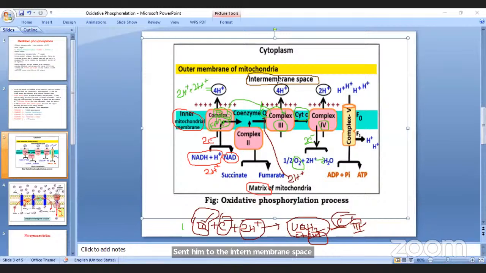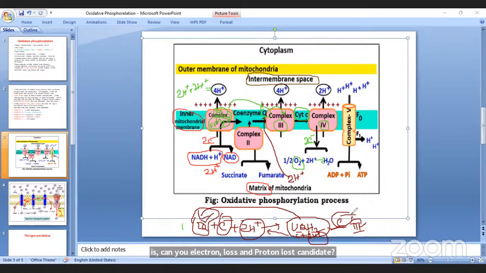Are you following me? So there is a loss of 4 protons to the intermembrane space. For 1 electron, 2 protons go into the intermembrane space. So now the ubiquinol does the reverse reaction. That is, in ubiquinol, there is electron loss and proton loss, and again it is converted into